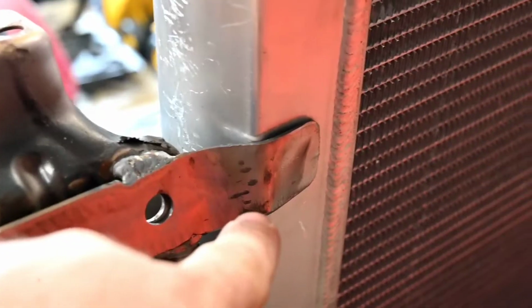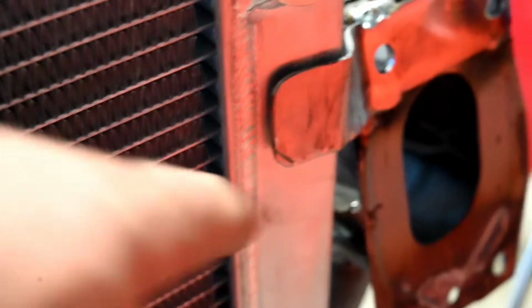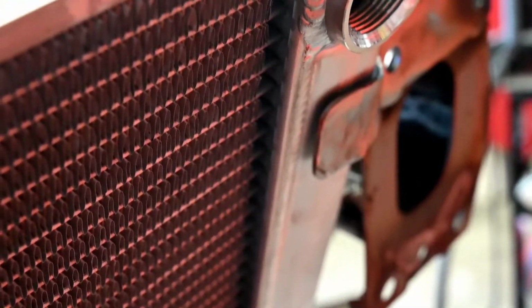I'd like to put some rubber over the end of this. Focus, there we go, like a little rubber thing. Might end up just cutting a heater hose or something, sticking it over. This one here's got a little bit of a gap, but when you pull this back and knock the whole thing down, it comes closed. So anyway,